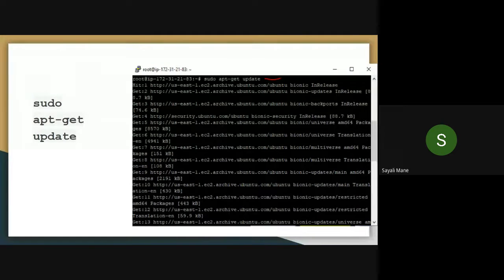See what APT stands for. APT is nothing but your package manager, and by default it is there in this Ubuntu instance. Whereas sudo is just used to access the user account with sudo. If you want to access Ubuntu, you have to use this sudo command. So done with the first command, sudo apt-get update. Just let me know yes or no. Yes, okay. Please take a screenshot of it once it is finished and highlight this command.